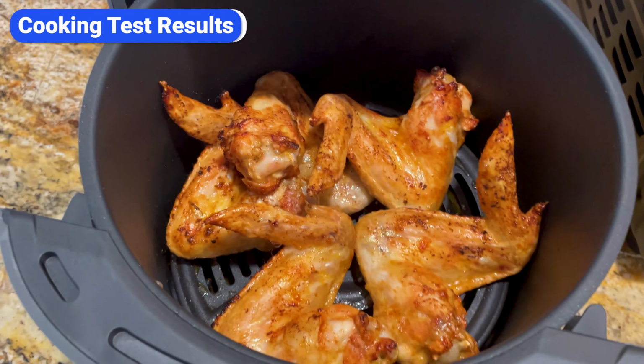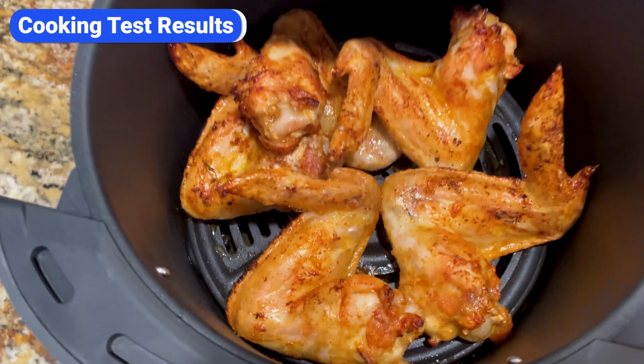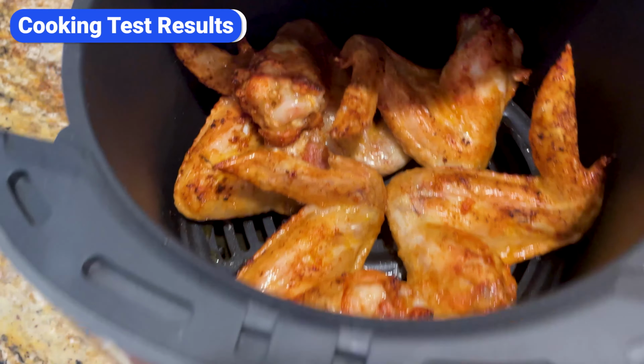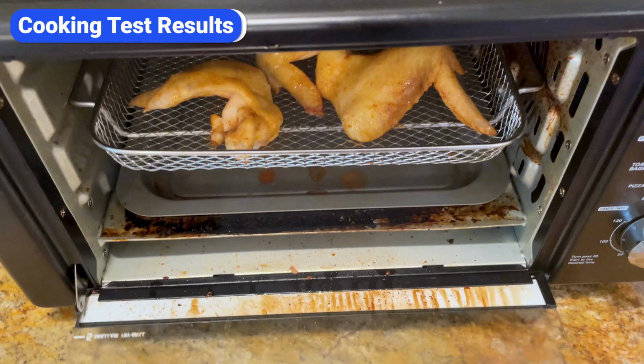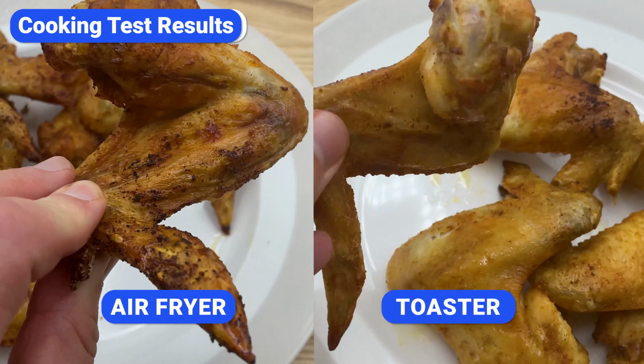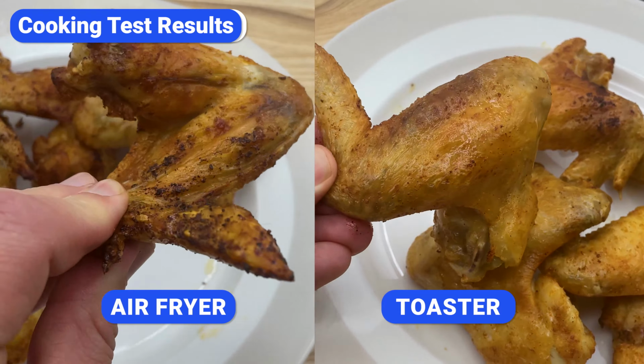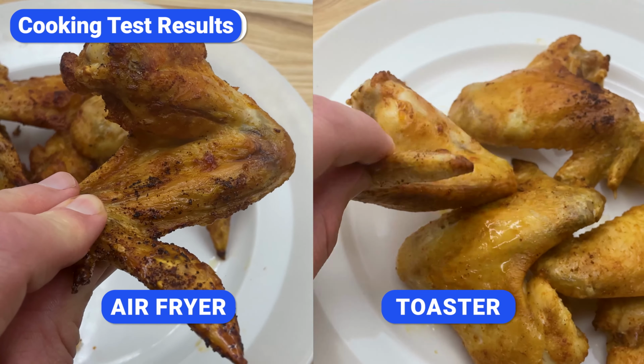The chicken wings in the air fryer cooked much faster and the texture was much crispier. The wings in the air fryer took 25 minutes to fully cook. The wings in the convection toaster oven took 35 minutes to cook, and they were still not as crispy. As you can see, the skin on the air fryer wings is darker and more golden. Both batches of wings were delicious, but the ones cooked in the air fryer were a step up in terms